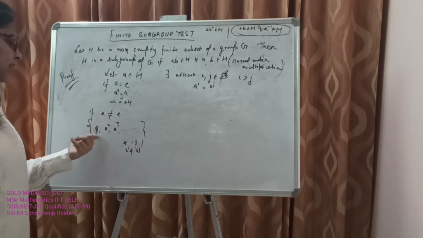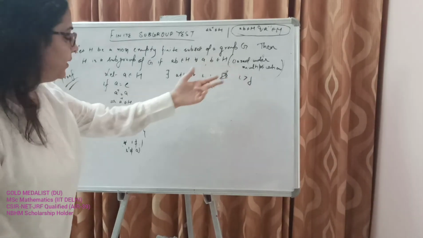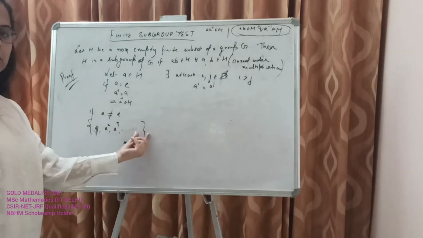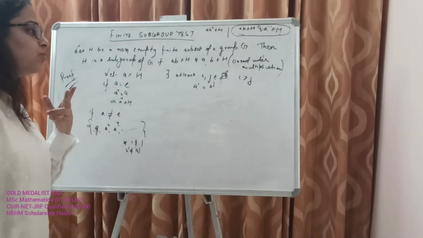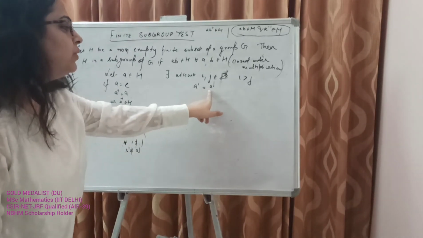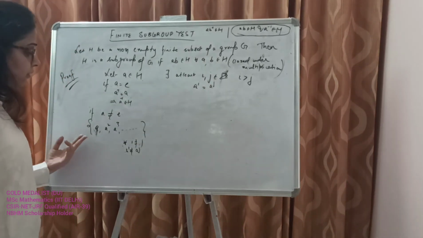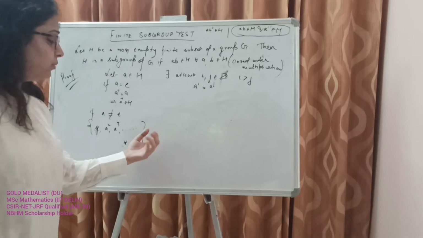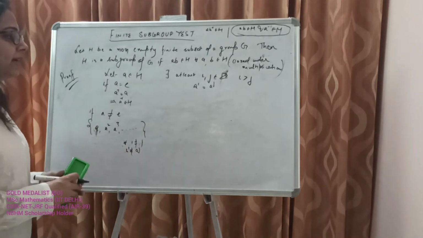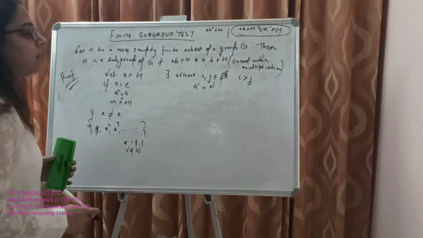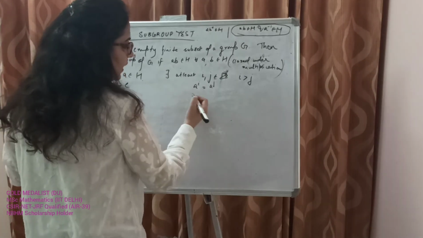If A belongs to H, this is a subset of H. Since this is closed under multiplication, each of these elements belongs to H, and we also know that there are at least two numbers such that A power I is equal to A power j, because if this doesn't hold, all of these powers give distinct values, and this will become an infinite set. So for at least one, it has to be A power I equals A power j. This implies